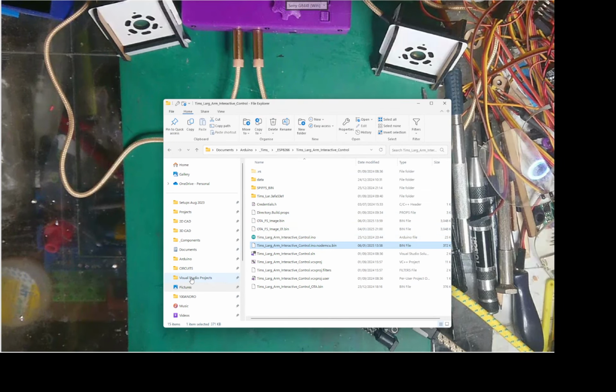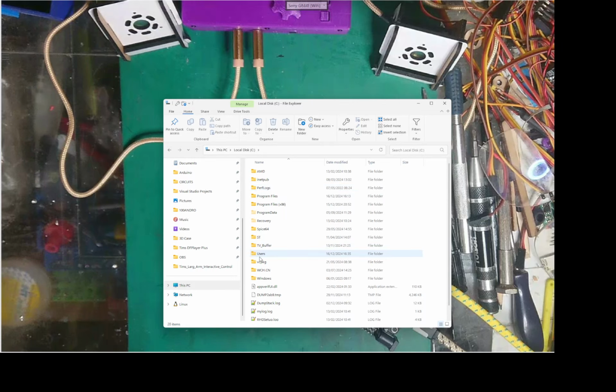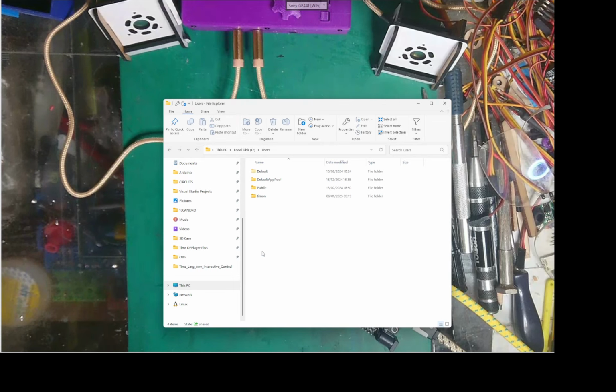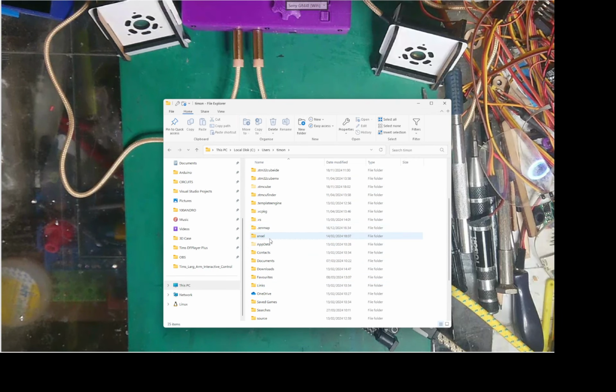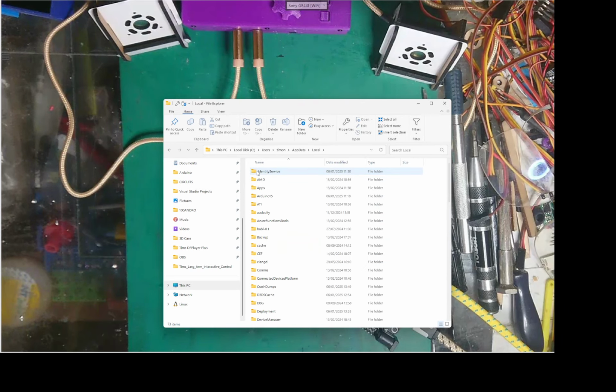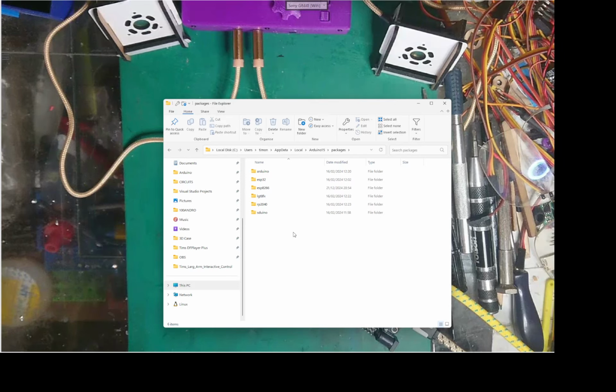If you go to drive and you go to users, and there's me, and then you have app data. You go to local, you'll find your Arduino installation, and you'll find packages that are installed,